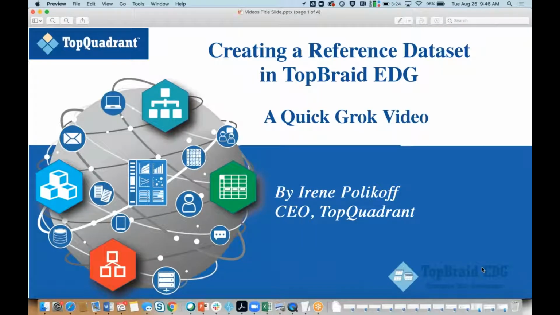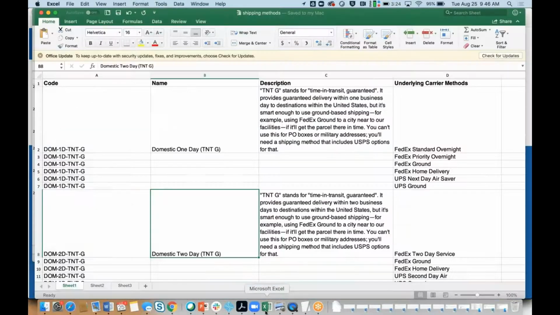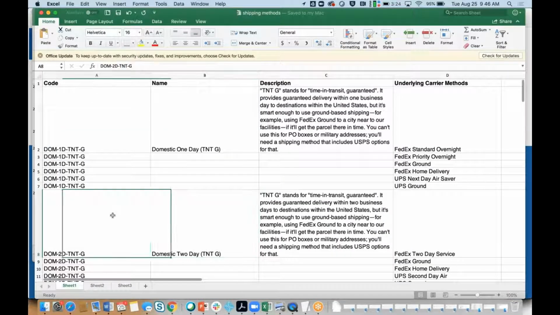In today's quick Grok video, we will talk about creating reference datasets in TopBraid EDG. I have an example reference dataset prepared here in an Excel spreadsheet. Reference data is data that categorizes other data by assigning tags to it. Here I have a reference dataset of shipment methods from a fictitious e-commerce company that helps other companies ship goods around,